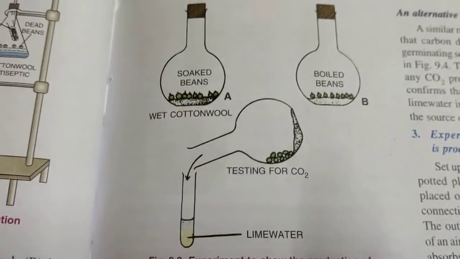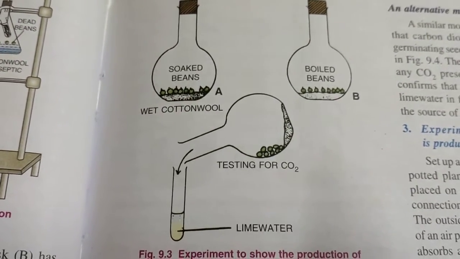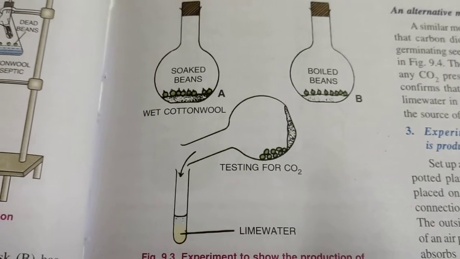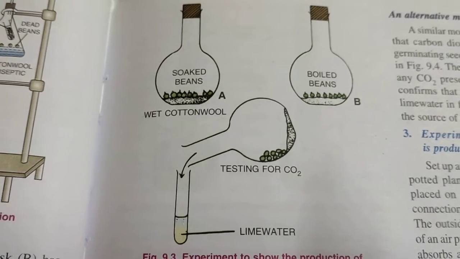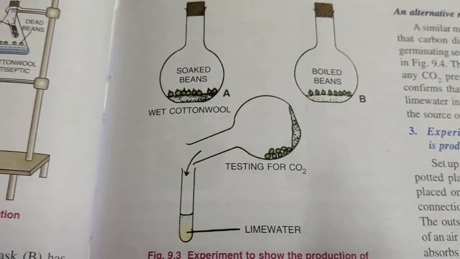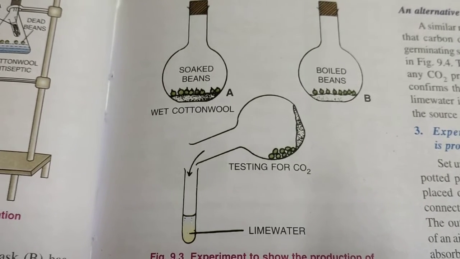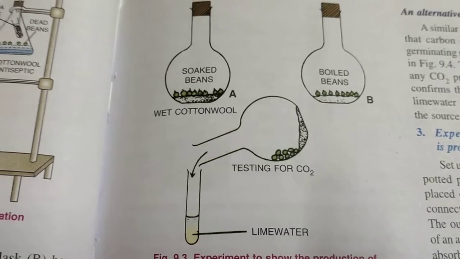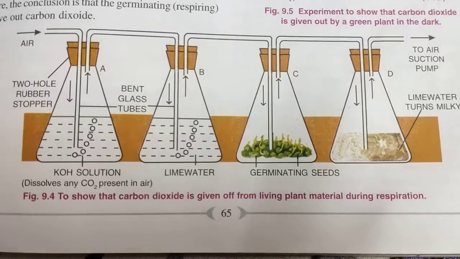It's a very easy experiment, right? Because you know that lime water turns milky when it is dissolving CO2 in it. And when we are testing for CO2, we are tilting flask A and flask B both in the lime water. We can see the difference in the change. That from A, it is turning lime water milky, but from B, it is not having any result. Clear?